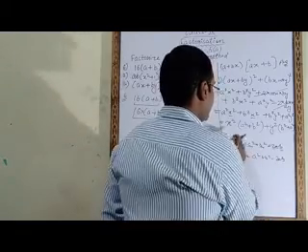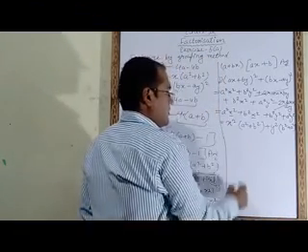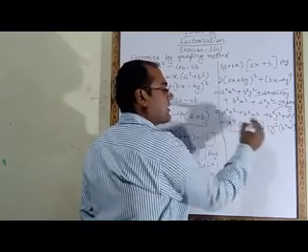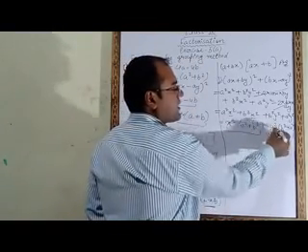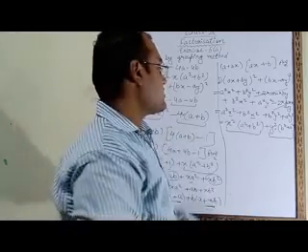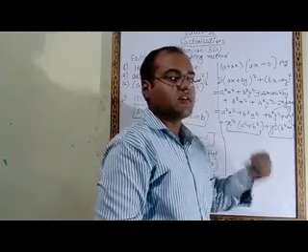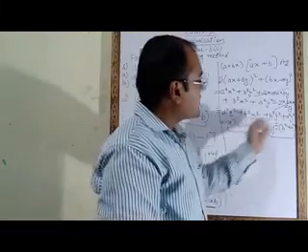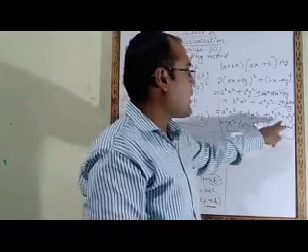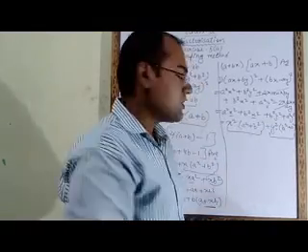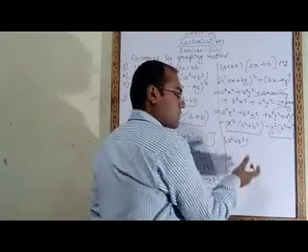Now next step is, here we will observe that this full is one term, this full is another term, because here no sign is coming, that means multiply. Here also no sign is coming, that means multiply. So we will consider this as one term, this one we will consider as second term. Now in both the terms, if you will observe, bracket a square plus b square is coming here, and bracket a square plus b square is coming here also. So we will take a square plus b square common.